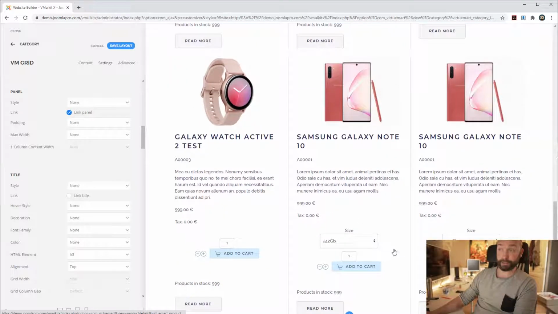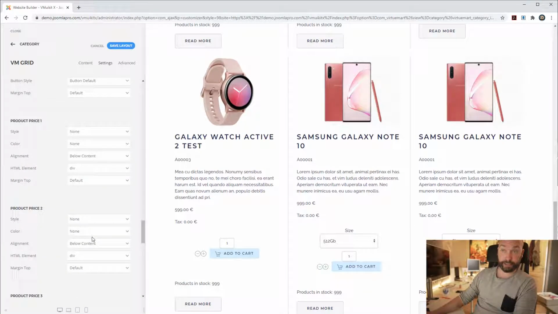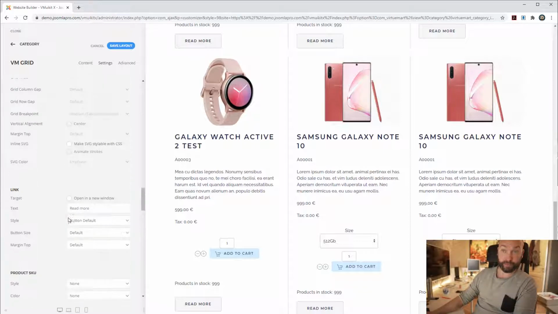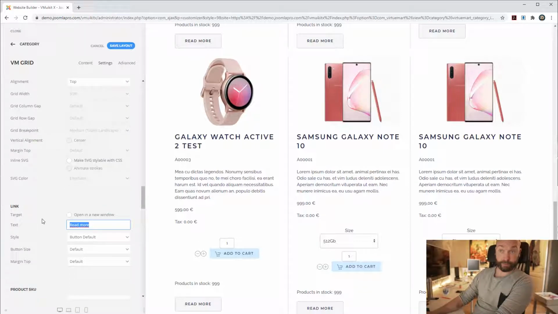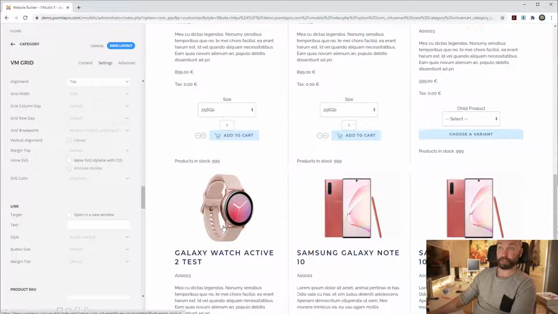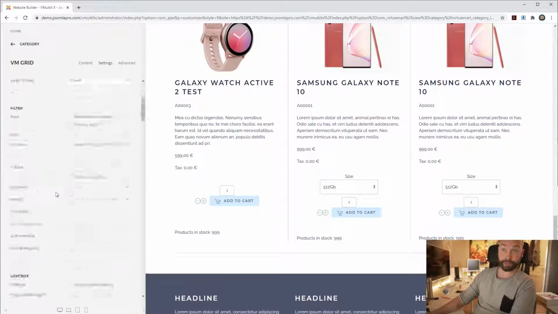whole panel instead of having this read more. So then I can actually remove the link. Let me see here. I can remove the read more, and now wherever I click here, it's a link. So let me just save this one here, and then we can go up and we can style, for example, the